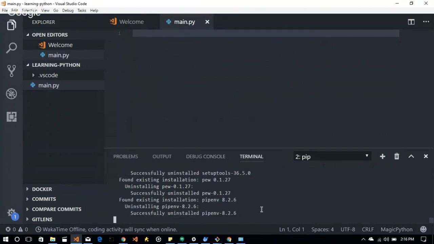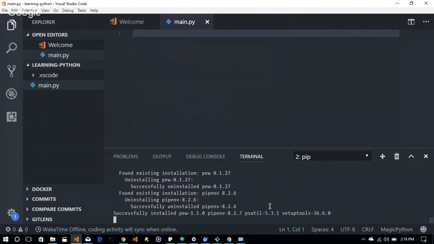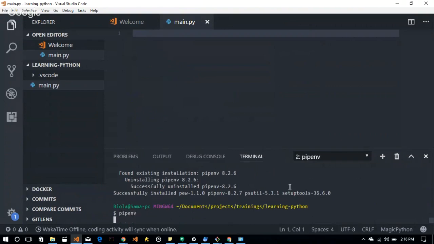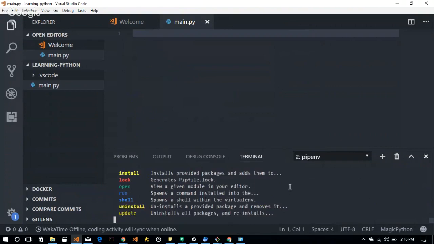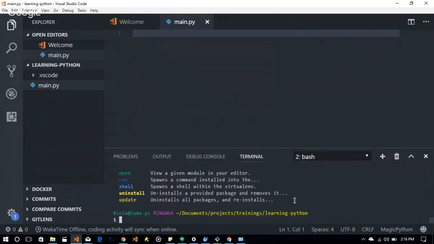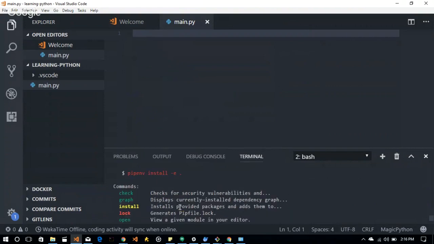Okay, so it's taking a while to install. So we get it to install, and we are done. Now if I were to type pipenv, it should just show up here with the list of commands that we can try it with. So the first thing is we need to install our virtual environment, and to do that is literally to just